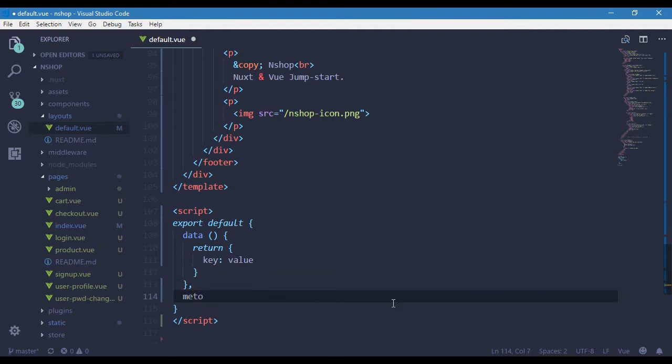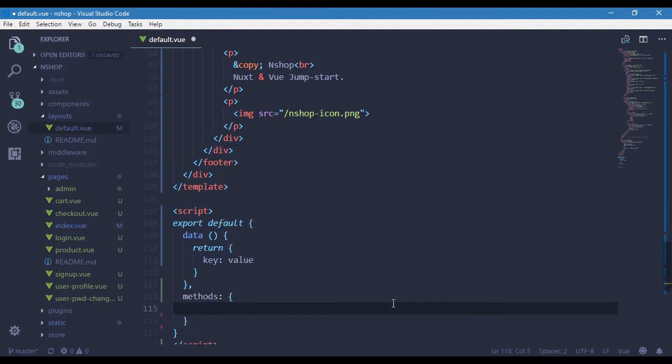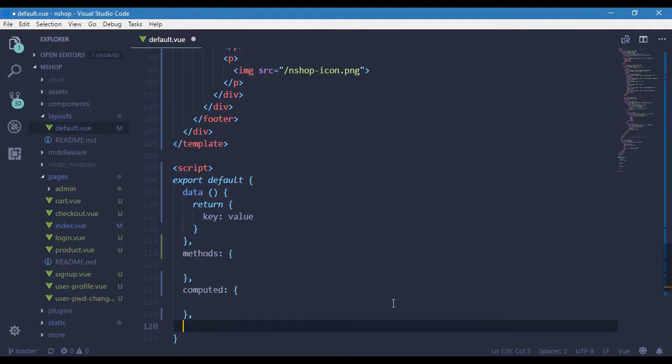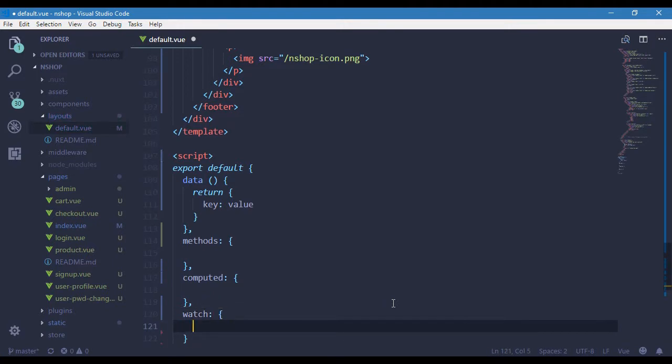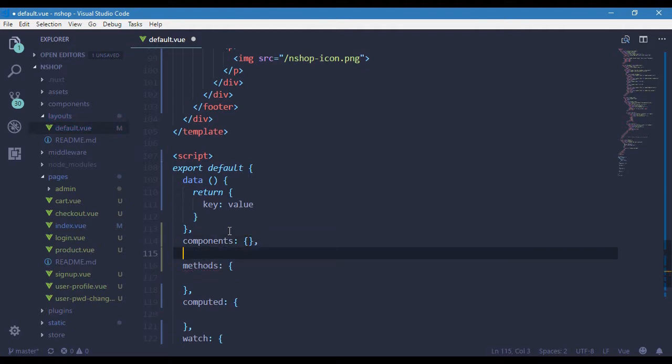The next one is methods. It will contain a set of functions. Computed will contain a set of functions that will return computed values. Functions within the watch block would watch the computed methods and provide us with live updates of changes in value or data. Besides these, there are also components,